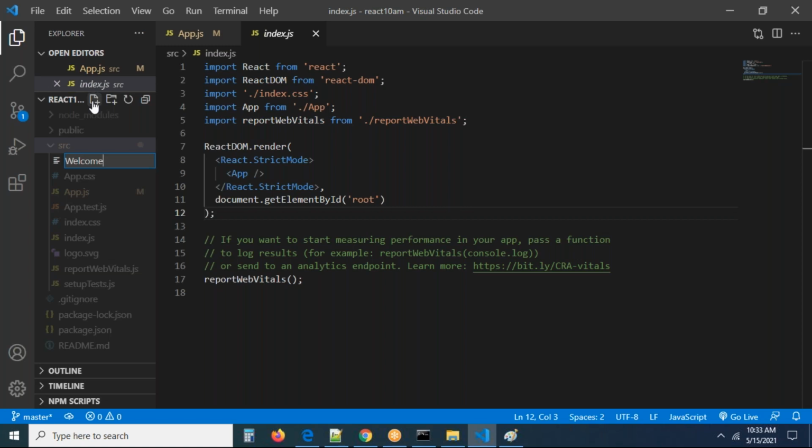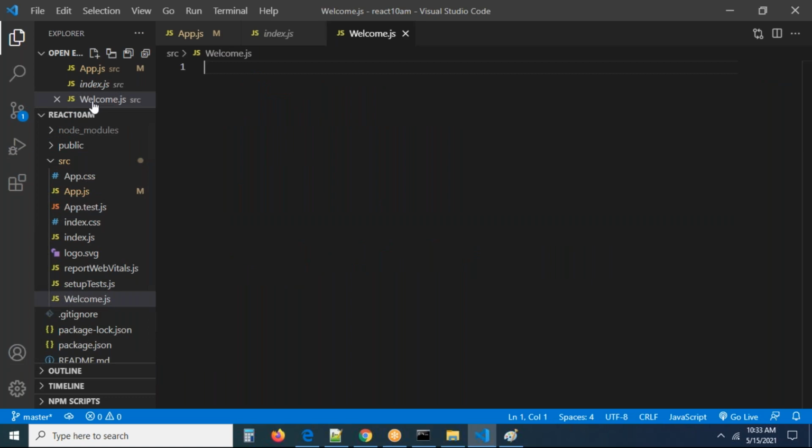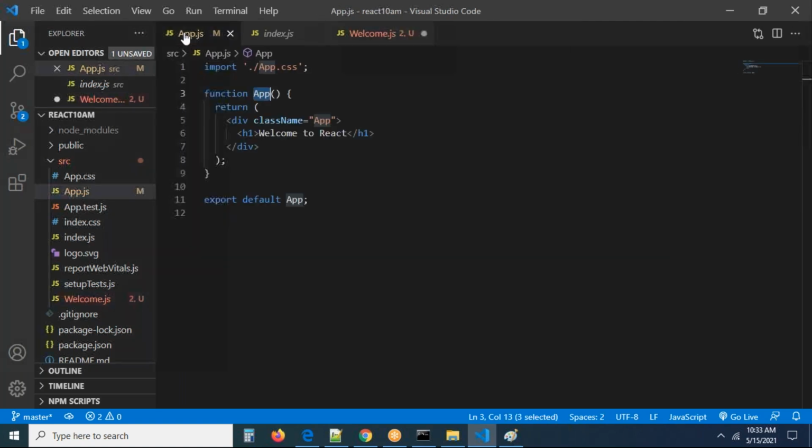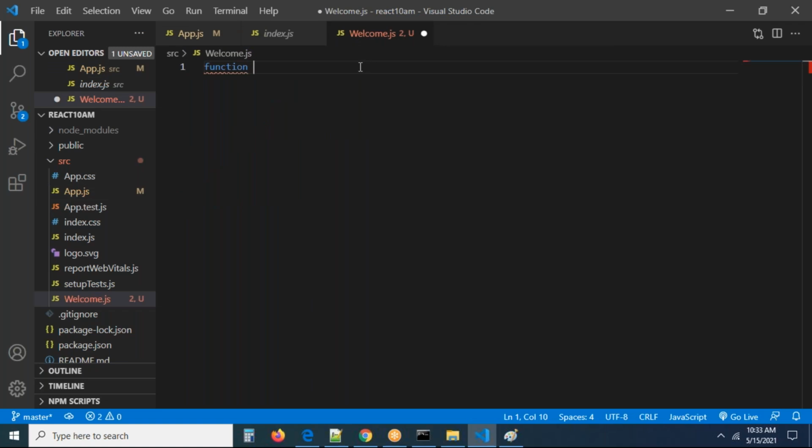Remember, in React, while creating the file name, you have to use a capital letter. The start of the file name should be a capital letter, and every file should end with .js, guys. I created a file. I want to write some code here. Here I'm writing my function. Whatever the component you are having, this is the function and name. Can you see, the file name and the class name or function name should be the same, guys. My file name is Welcome, right? Your function name also should be Welcome. This is the standard you have to follow in React.